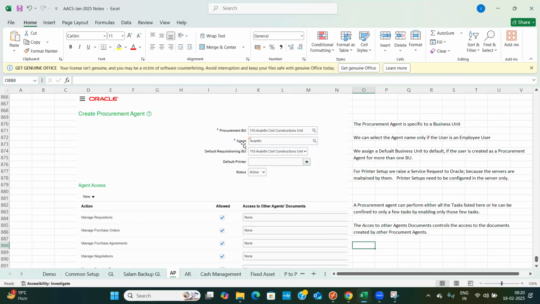Suppose we are the procurement agent. Now Avanti is the procurement agent for this. Can the Avanti user go and access others' documents, yes or no? Whether you can read or change, do any modifications on others' documents also, whether you are given that access or not, that is the company's policy. Depending upon the company's policy,